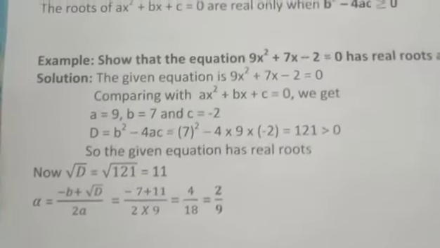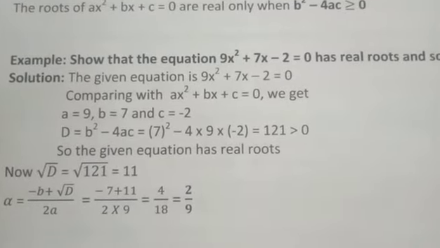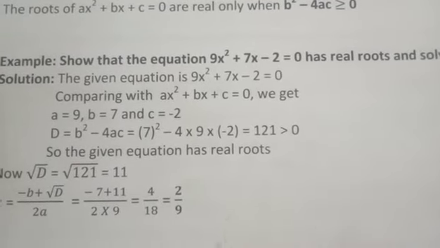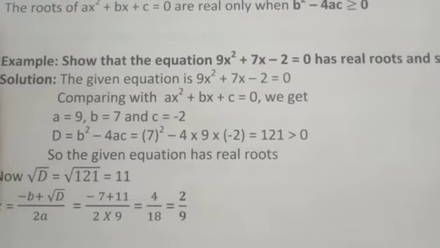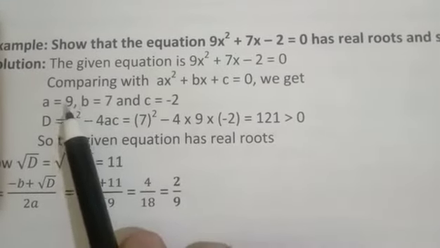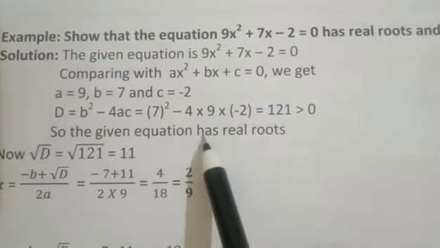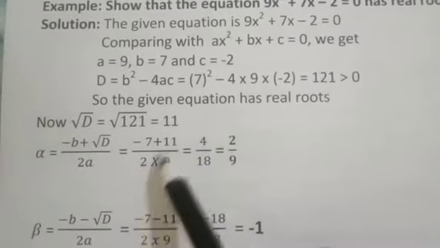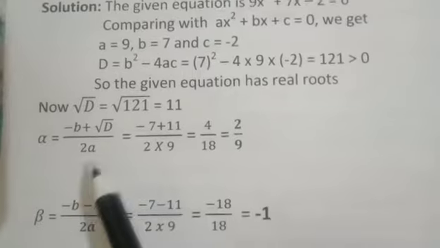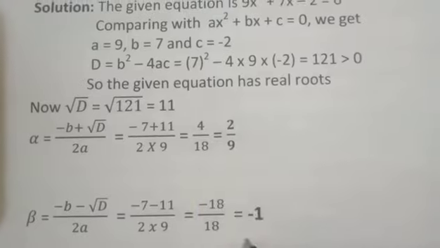So if you look at this example, in this we have neither used the factorization method nor the method of completing the square. We have found the value of x by using the formula, and whenever we use the formula method, we have to first write down the values of a, b, c along with the sign. We have to first find out the value of D, and then proceed in the manner as you can see here. This is minus b plus root over D by 2a, another one is minus b minus root over D by 2a, and we will get the two values of x.